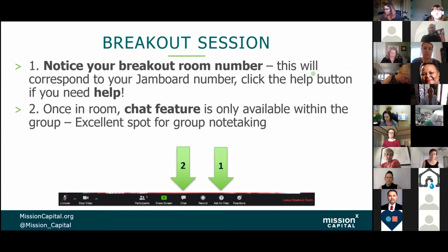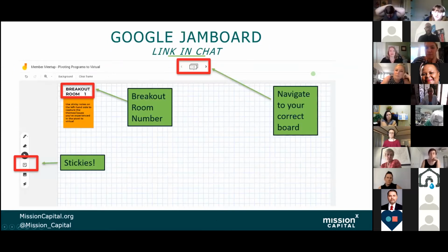We are also going to be using another platform during this. This is Jamboards. It's a Google product that is open to anyone and it's free with a Google account. So it's a great resource and tool for convenings and collaborations, and this will provide a space to capture your ideas. Since Jamboard only allows for 50 participants at once, and we're over that, there are going to be 2 Jamboards. Getting pasted in the chat right now are Jamboards for breakouts 1 through 10 and Jamboards for breakouts 11 through 20.